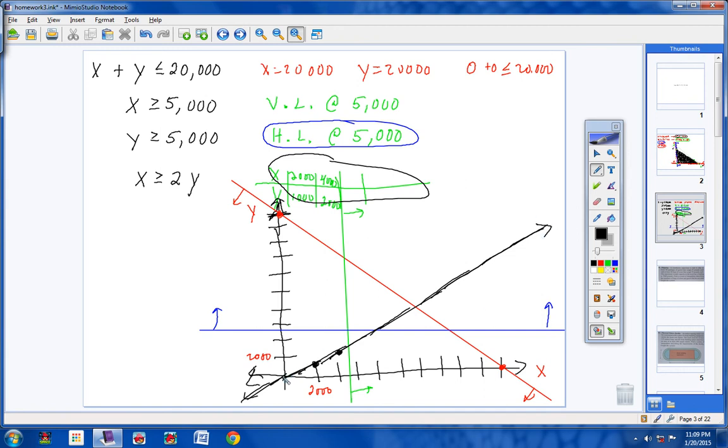Now, the line really looks like it goes through 0, 0, so I can't test 0, 0. So I'm going to test this point here, which is 0, 2,000. So I'm going to test the ordered pair 0, 2,000, okay? So where x is, I'm going to put 0. And where y is, I'll put 2,000. So 0 is greater than, well, 2 times 2,000 is 4,000. 0 is greater than 4,000, that's false. So I do not want to shade